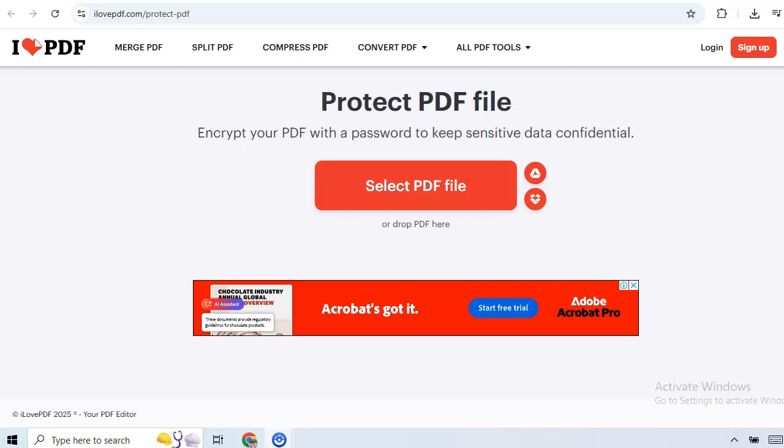Hi guys, in this video I will show you how to set password on PDF file, what you need to